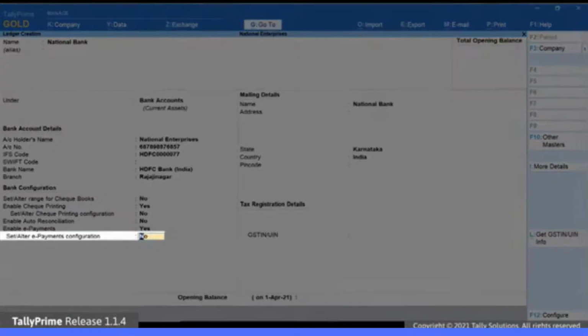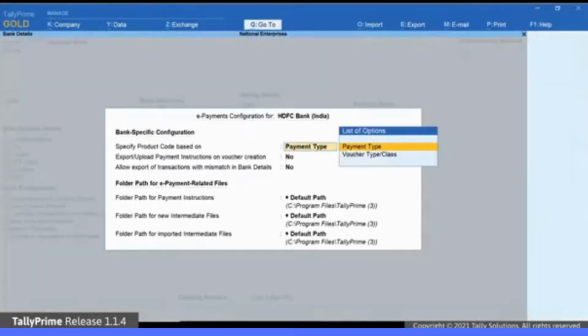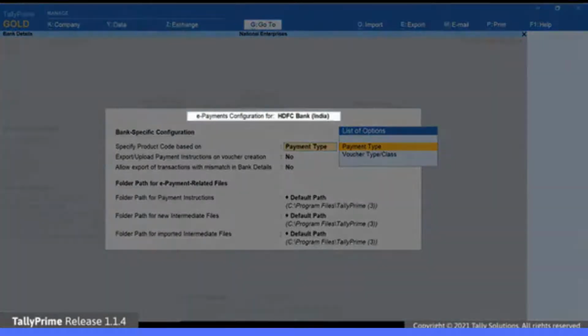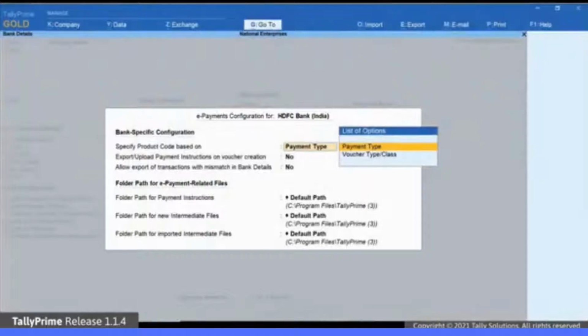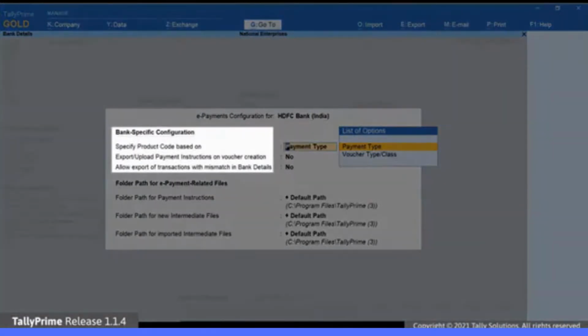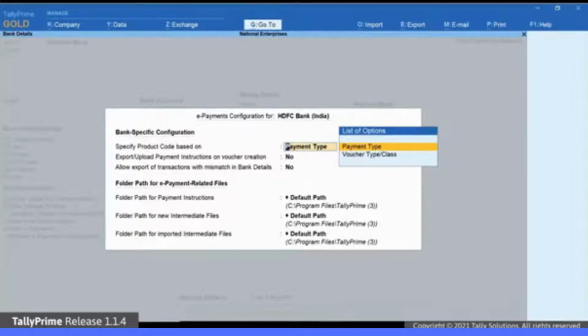Now, enable Set Alter e-payments configuration. The e-payments configuration for HDFC Bank India screen opens. In this screen, the configurations specific to the selected bank will be available. For HDFC Bank, the screen appears like this.